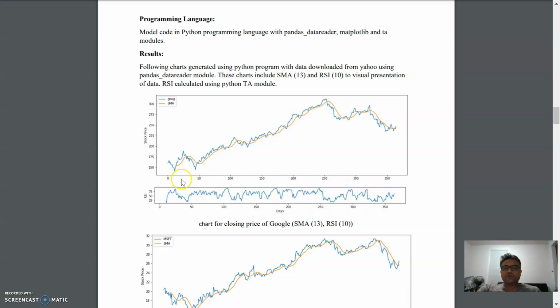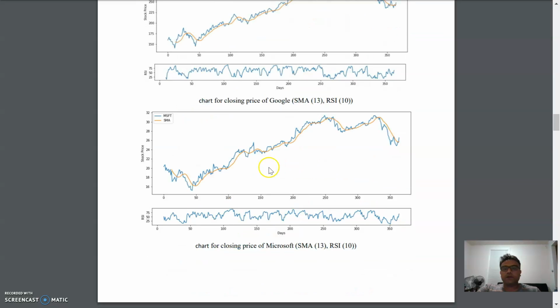So these are the visual displays for the historical data. I have a display here of the first 365 days closing price chart, and this is the simple moving average, which is the 13-day I use, and for RSI I use an RSI parameter of 10. So this is the RSI plotting. And for Google and Microsoft,